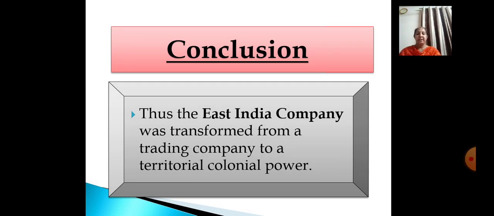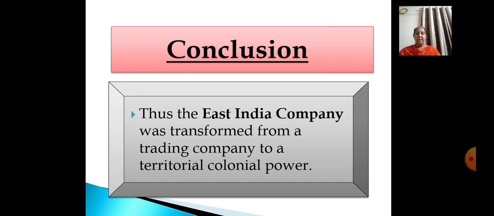So finally, the East India Company was transformed from a trading company into a territorial colonial power. Steamships in the early 19th century also aided this process. Till then, it would take anywhere between 6 and 8 months to travel to India by sea, whereas steamships reduced the journey time to 3 weeks, enabling more and more Britishers and their families to come to our country. So by 1857, the company came to exercise direct rule over about 63% of the territory and 78% of the population of the Indian subcontinent.